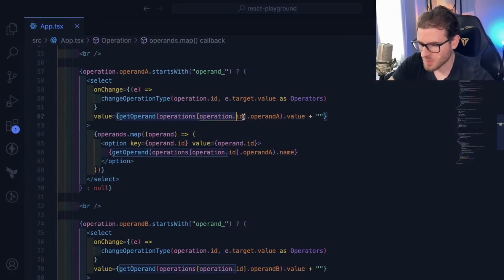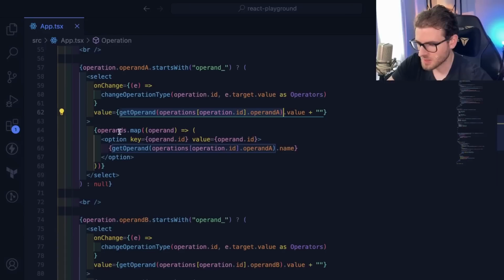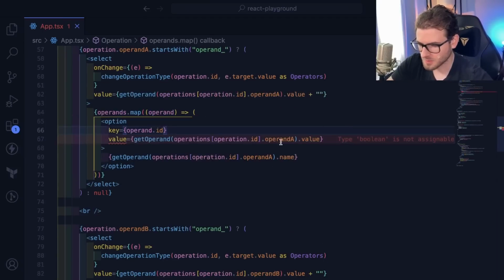But I think what we want to do is the value of this thing needs to be like this. This probably needs to be dot value, or I'm sorry, this probably needs to be,